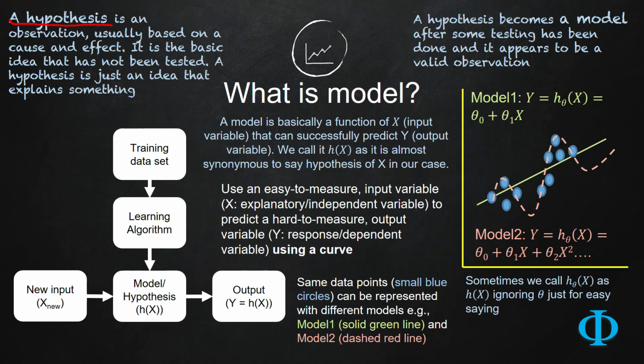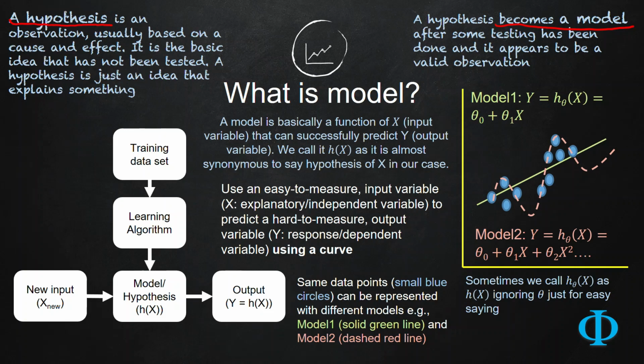Now, a hypothesis becomes a model as soon as it is tested and validated. So, after some testing has been done and it appears to be a valid observation, then the hypothesis becomes a model. Although there are some fundamental differences between hypothesis and model, as I have just explained, from the developer's perspective, or for this course, we are going to use these two terminologies, hypothesis and model, almost